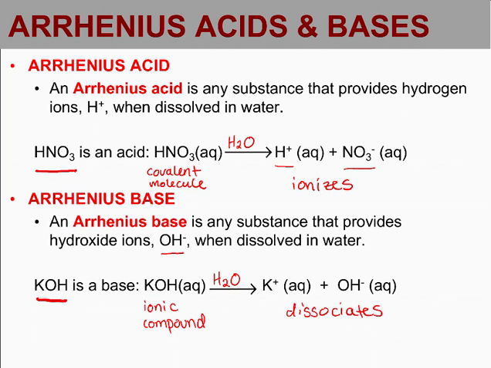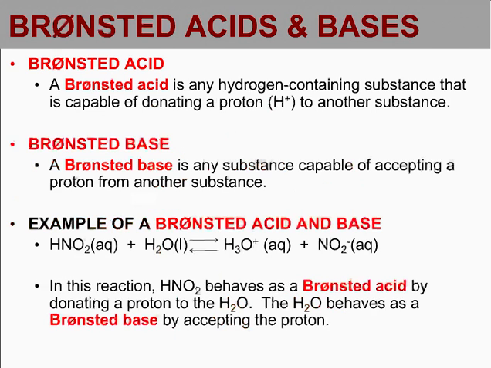Okay, so let's look at a different definition for acids and bases. This definition is a little broader. This is called the Bronsted theory, although sometimes it's in combination with another scientist, Lowry, so it's called the Bronsted-Lowry theory sometimes. A Bronsted acid is any hydrogen-containing substance that is capable of donating a proton or hydrogen